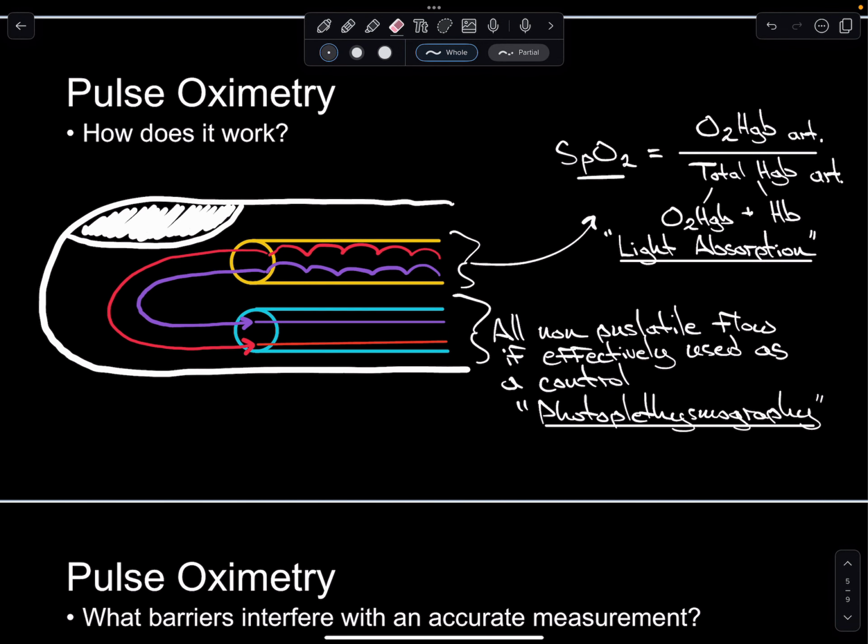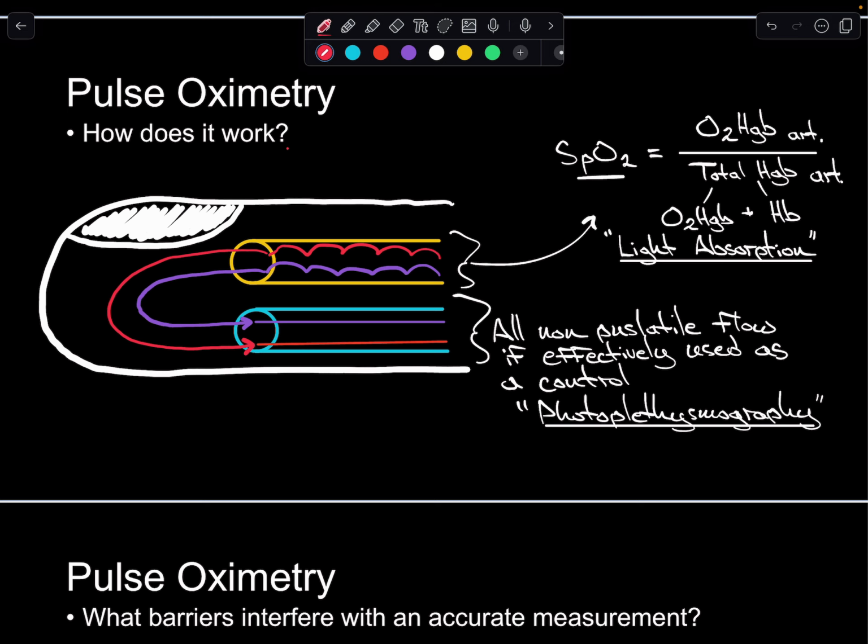So pulse oximetry uses the pulse ox clip that you see in every OR that goes on the patient's finger, and it reports a percent of saturated hemoglobin. So it's kind of interesting. You might get asked how this works. So just to give a very brief overview, on the top of the clip, you have